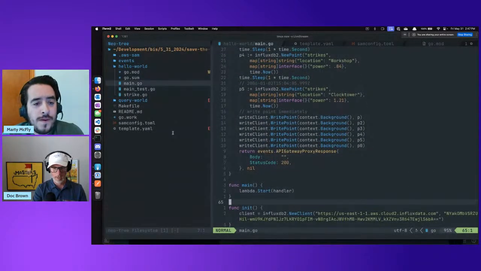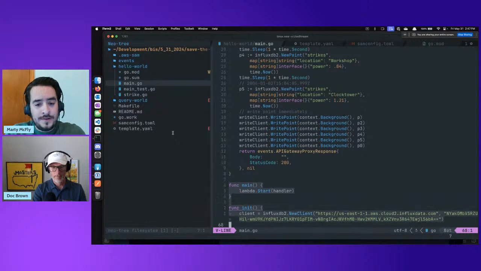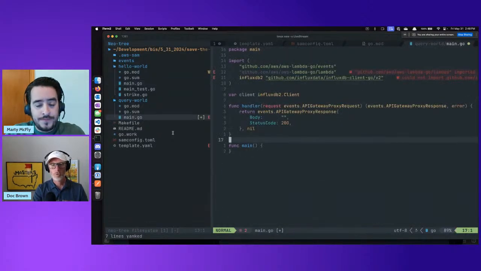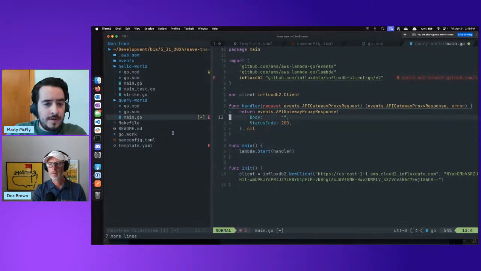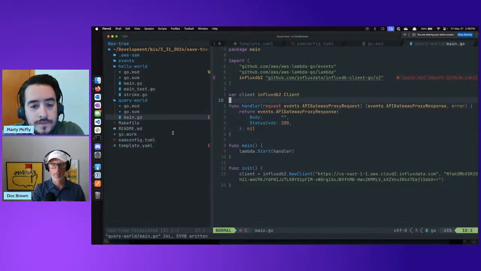Yeah, and we're going to need this client. So let's just grab all of this. All right. Could not import it. I don't know why, but all right.